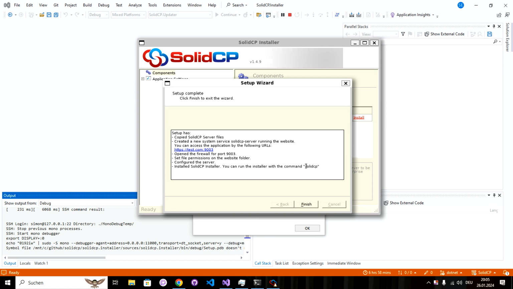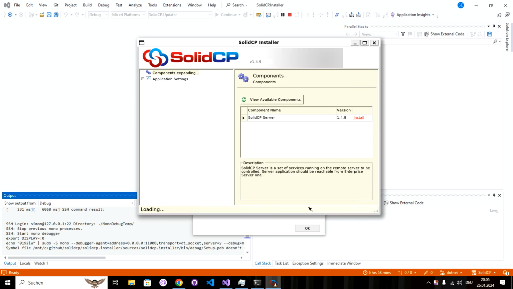You can run the installer by this command, SolidCP. So now the server is installed,